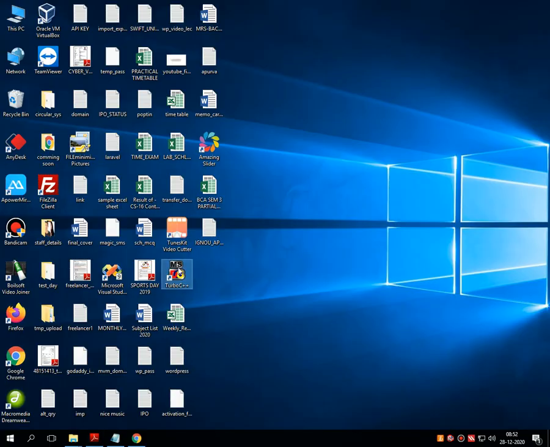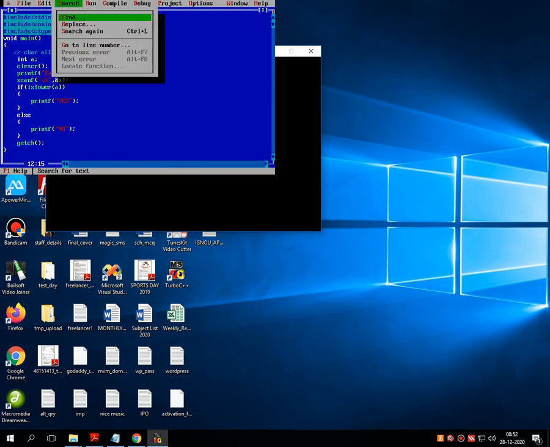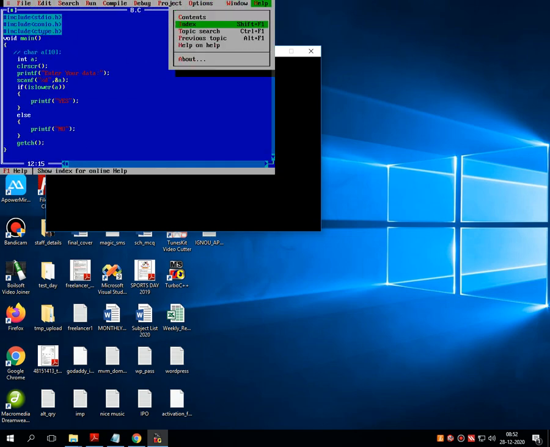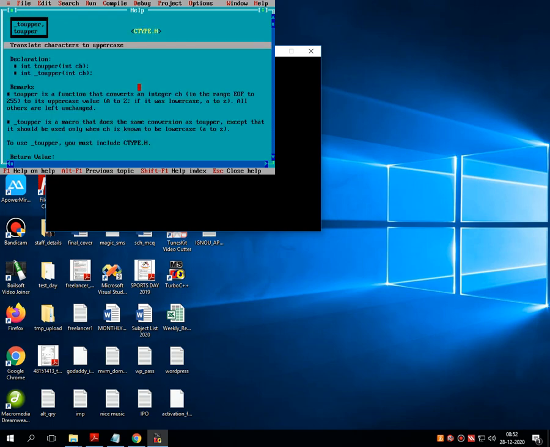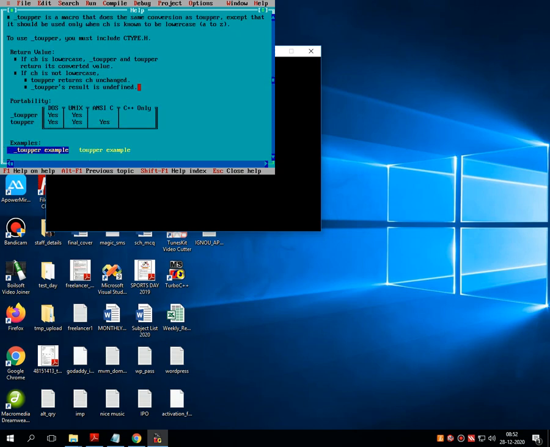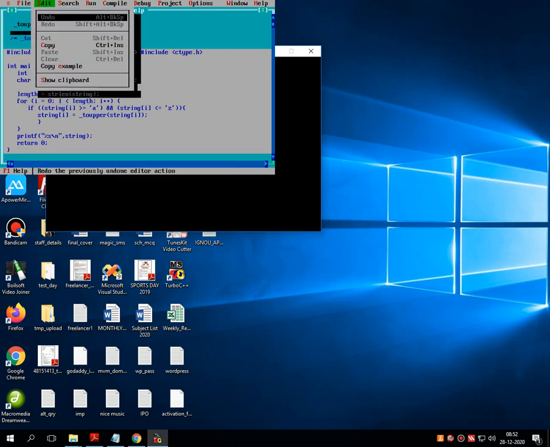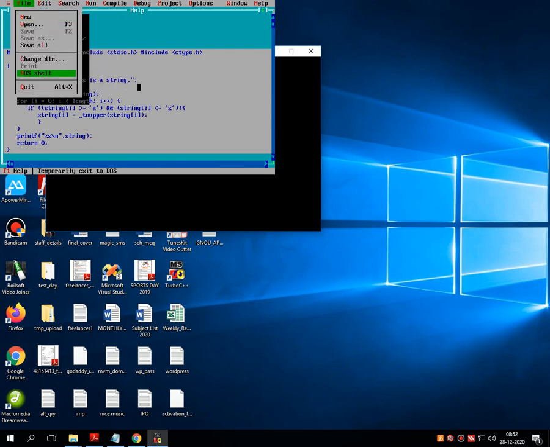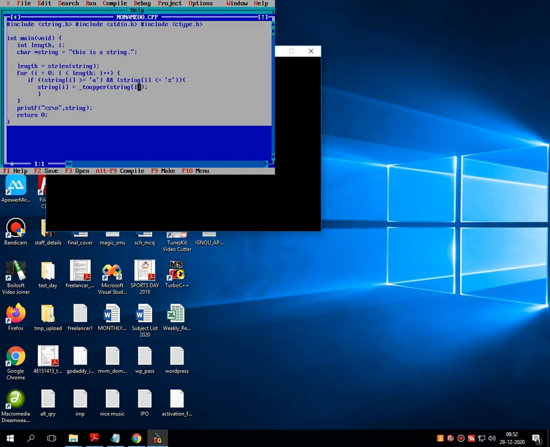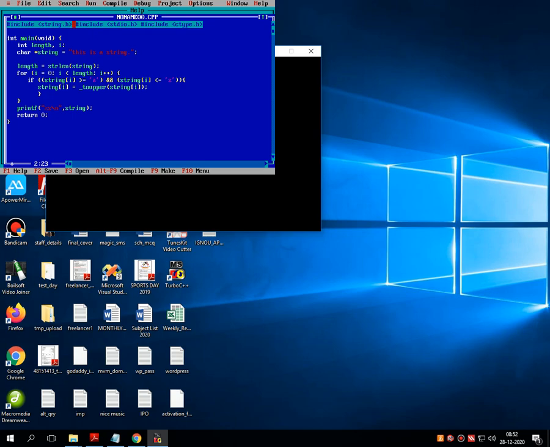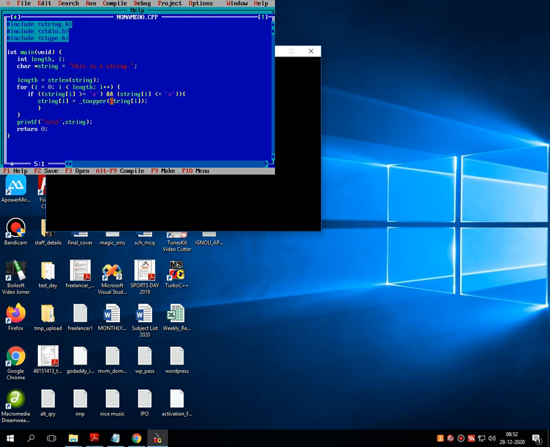For example, let me take this code on the front. Paste it over here and make a proper alignment of this entire code so the visibility should be proper.